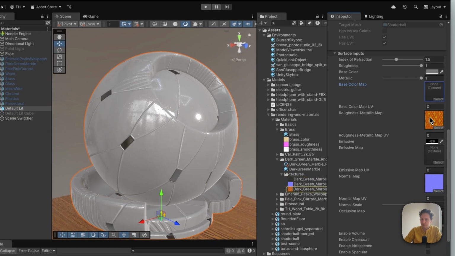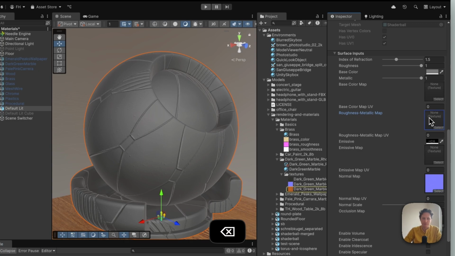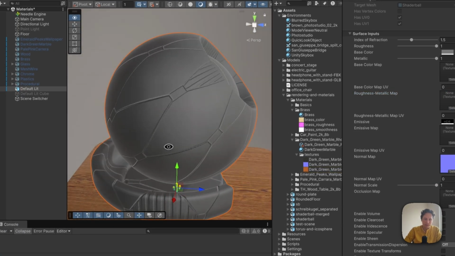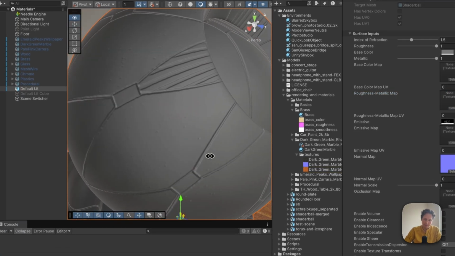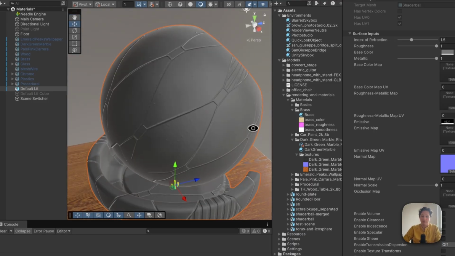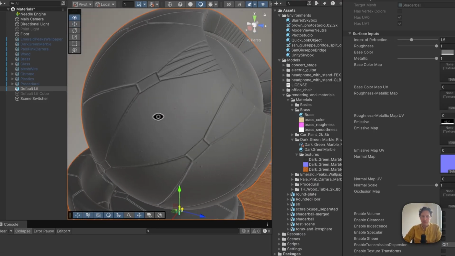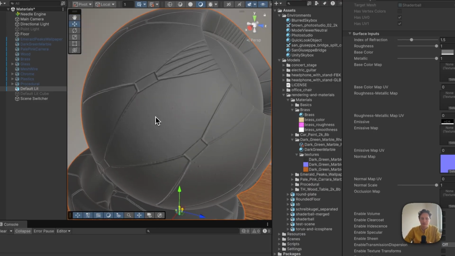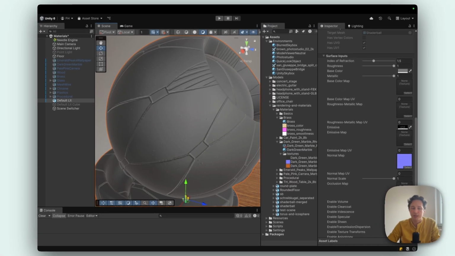So let's remove the base color. Let's remove the roughness metallic map. And what we see now is just the effect of the normal map. And you can see that what it looks like is as if we had a different geometry here, like as if our mesh was way more complex than it actually